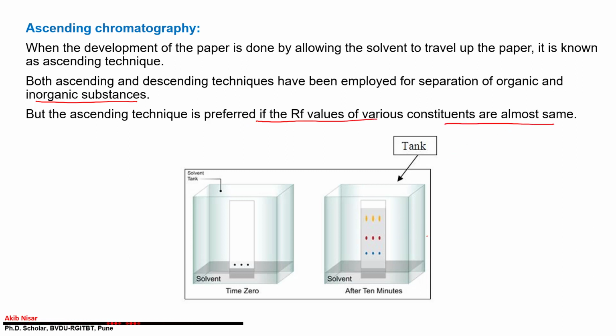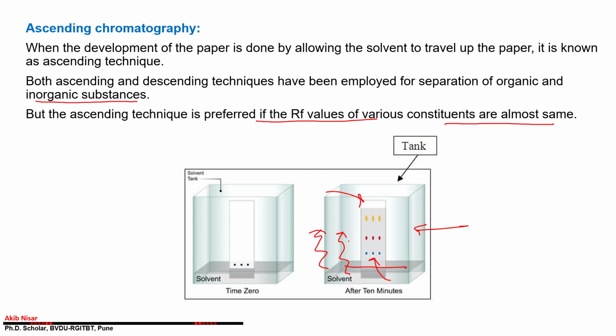So you are setting a chromatographic chamber, you are putting a paper into this chromatographic chamber, you are making a spotting line, you are allowing the solvent or mobile phase to go through the paper, and ultimately you are taking it out and calculating the RF value, that's all. So it's an ascending type. Why ascending type? Because your solvent is going in this form, okay, this is ascending form, against the gravity. So this is called ascending chromatography.